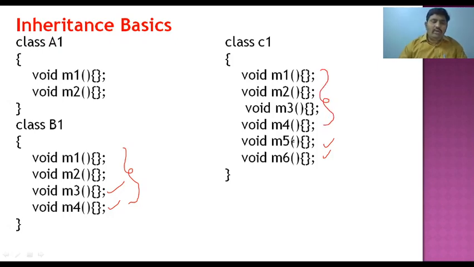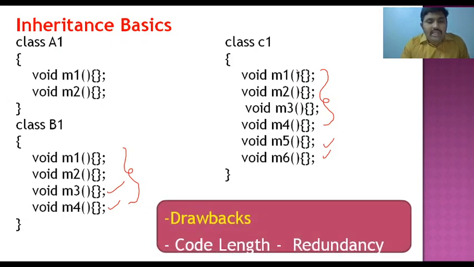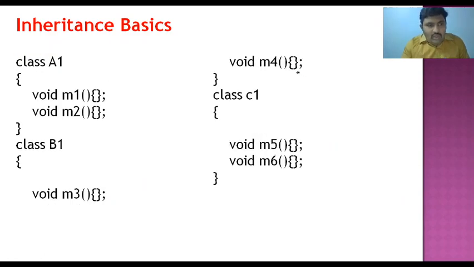So what is the problem in this particular approach? Whatever code is written in B1 is also written in C1. The drawback of this approach is that it automatically increases the code length and also causes redundancy. So to avoid this code length and redundancy problem, Java proposed a concept called inheritance. What is the advantage of that? Now I have a class A1 having the methods M1 and M2,